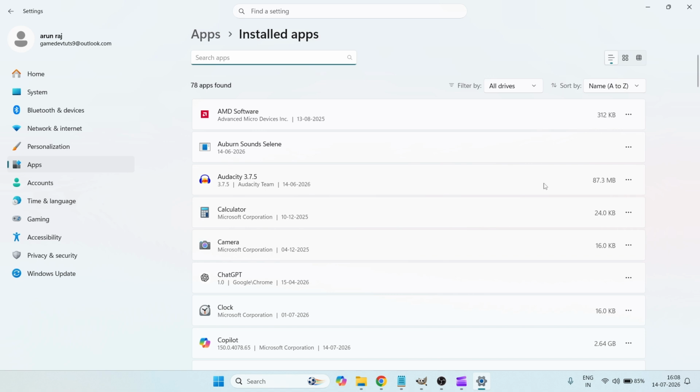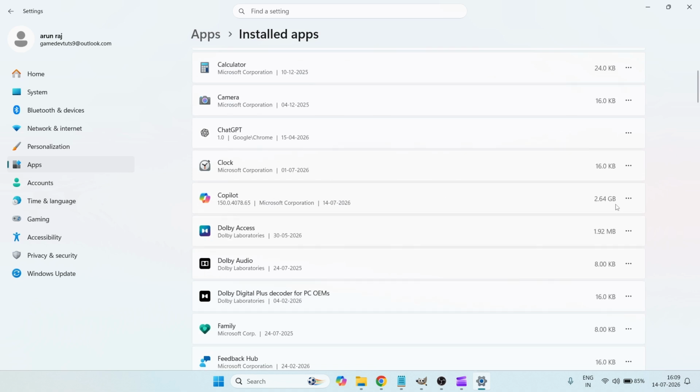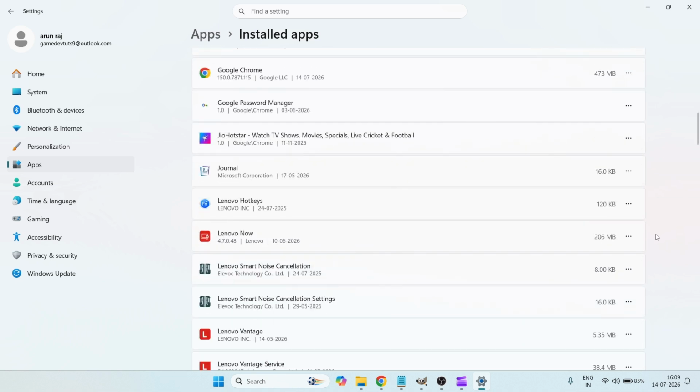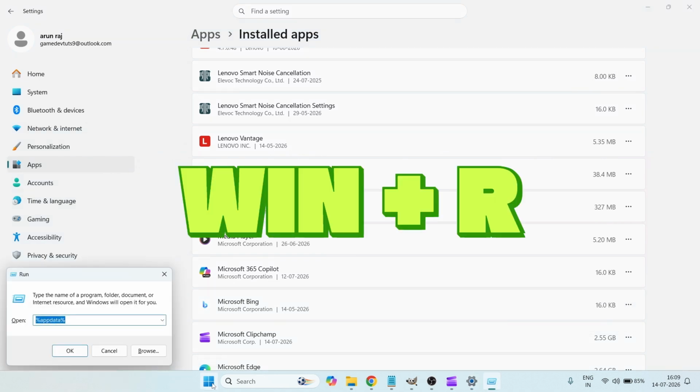For a few of the installed apps from third-party stores, means other than Microsoft Store and other than pre-installed Microsoft apps, you won't find these advanced options here. For Microsoft apps and other Microsoft Store apps, you will see that advanced options, but for normal apps which you download from Chrome, you won't see that option. In such case, what you can do is click on Windows plus R to open the